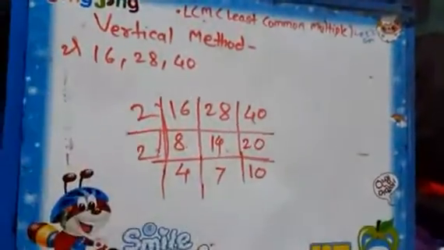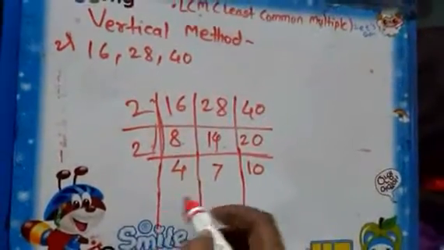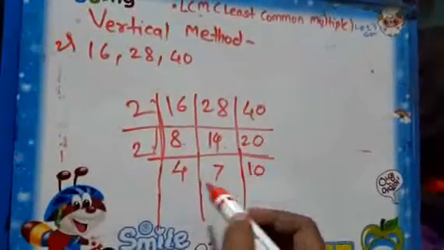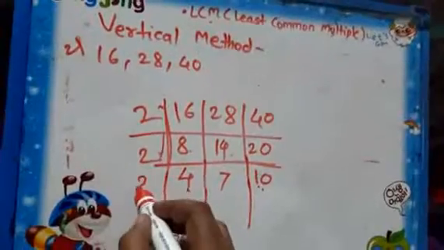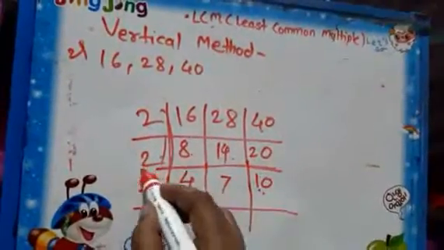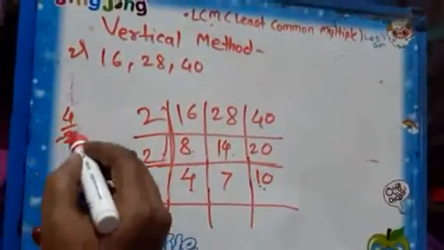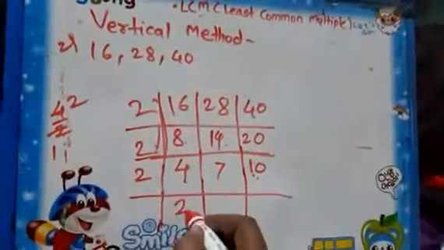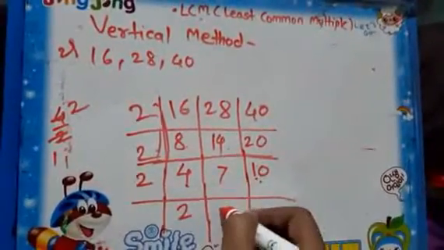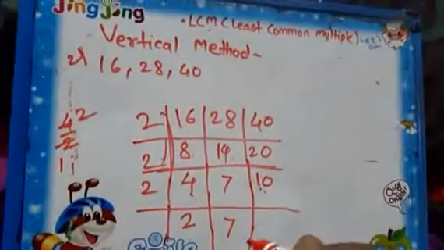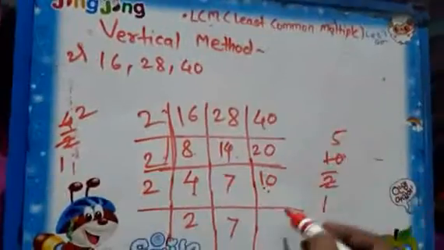Now after this, see, here 7 is a prime number. So just the remaining two numbers we will see, this is 4 and 10. These numbers are divisible by 2. So for them we will take 2. Now how to write? See that. Below 4 what should be written? 4 divided by 2 it will be 2. So below 4 we will write 2. But 7 is not divisible by 2. So what to do? 7 as it is. And below 10 what should be written? 10 divided by 2. 2 ones are 2, 2 5s are 10. So here will be 5.